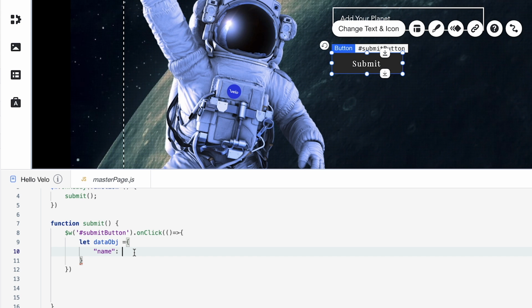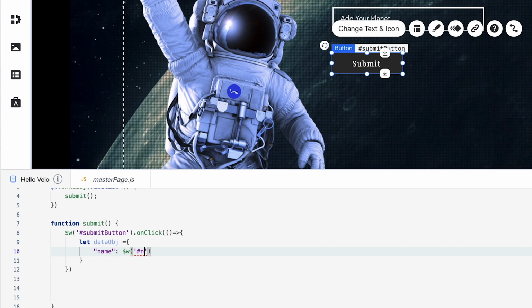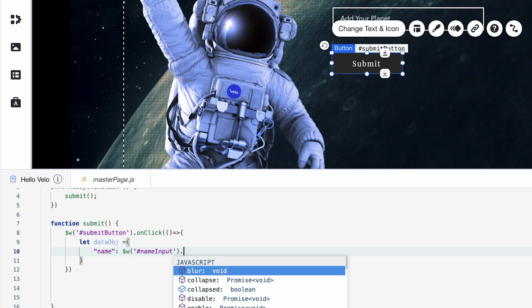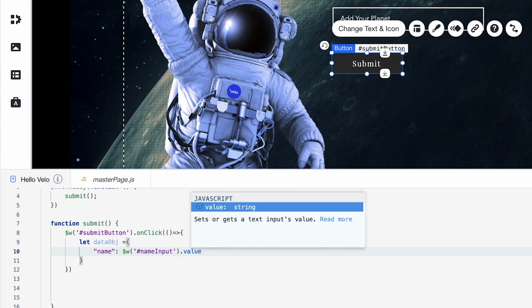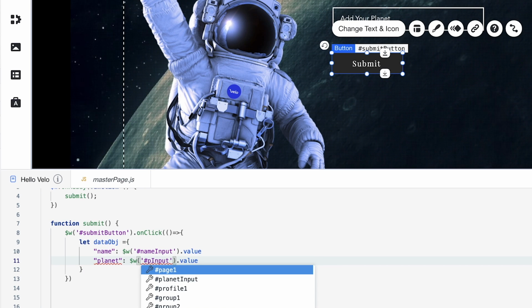So I have the name, and I'm going to select the name input here. So $w, name input, and then I'm going to use the value property. Awesome. Let's do the same thing for planets. I can just copy, paste on a new line, swap out the names to planet, and use the planet input.